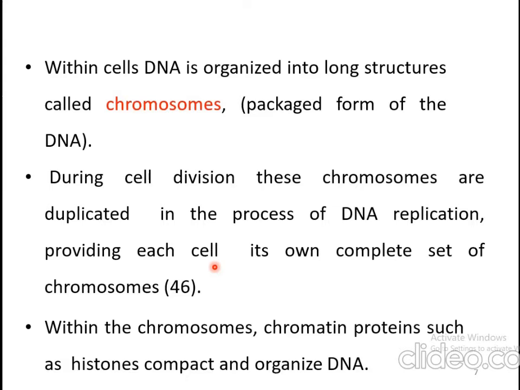Or when one strand of DNA is converted into two strands of DNA, or when the double helical structure of DNA is formed from one double helical structure of DNA, this process is known as DNA replication or DNA duplication. So, during cell division, when a cell divides, these chromosomes are duplicated in the process of DNA replication